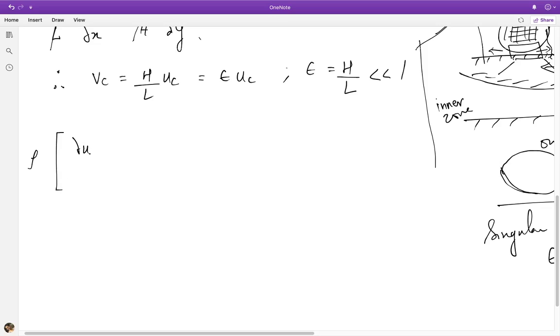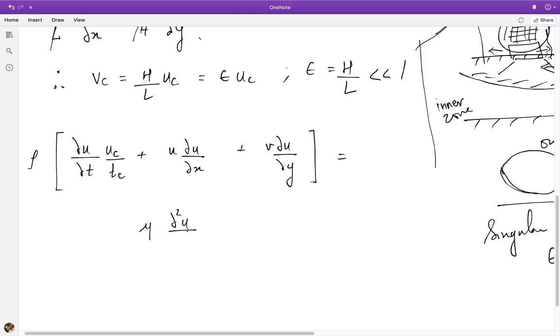I have ∂u/∂t, and then I have a u characteristic and a time scale, of course, which are yet to be determined, plus u ∂u/∂x plus v ∂u/∂y equals mu now ∂²u/∂x² plus ∂²u/∂y². These are my viscous terms. I also have, of course, a pressure gradient, so minus ∂p/∂x here,